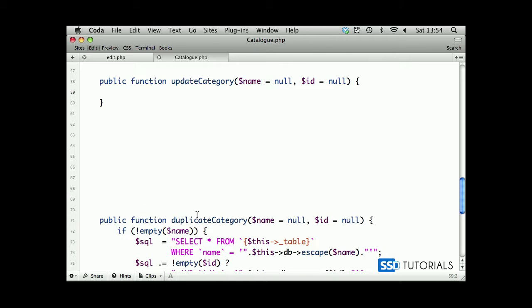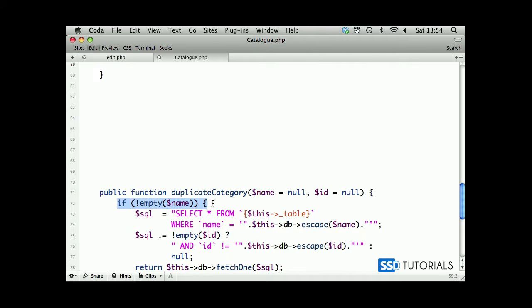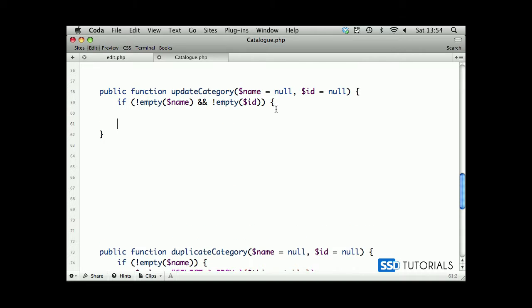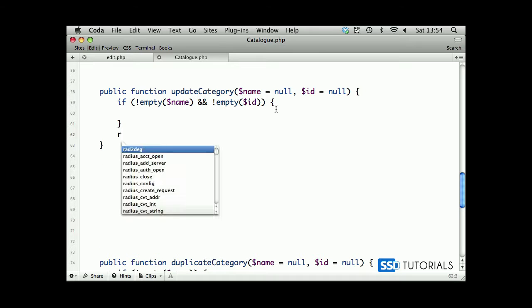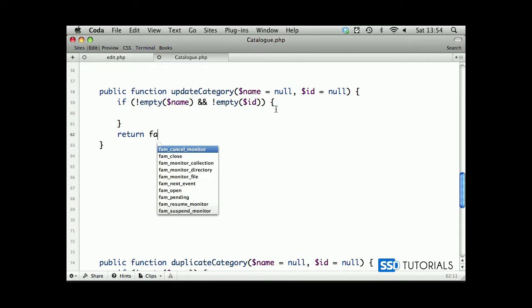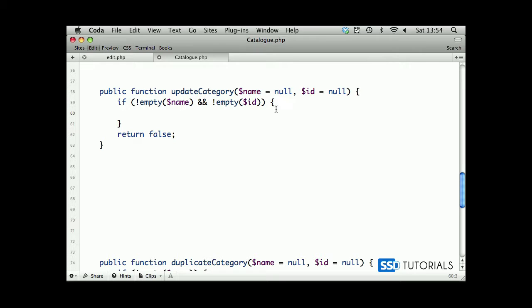Statement very similar to this one. So if we copy this as an empty name rather than type it, and we also add and is an empty ID. These two conditions have to be met. So, and if any of them isn't true, then return false. Okay, and now we start with SQL equals